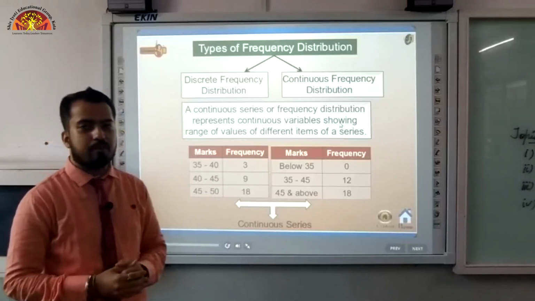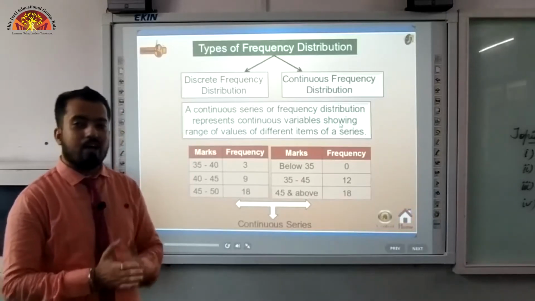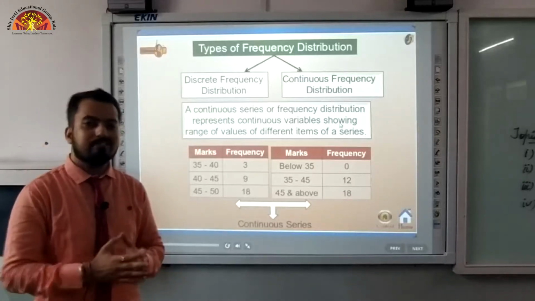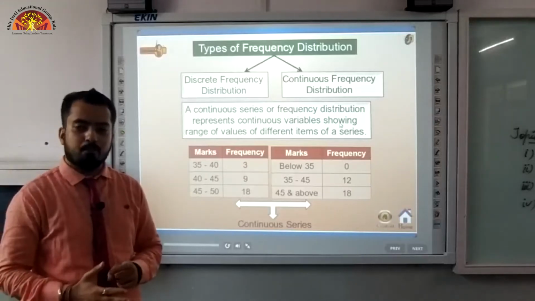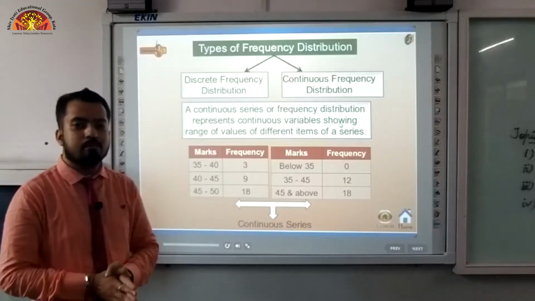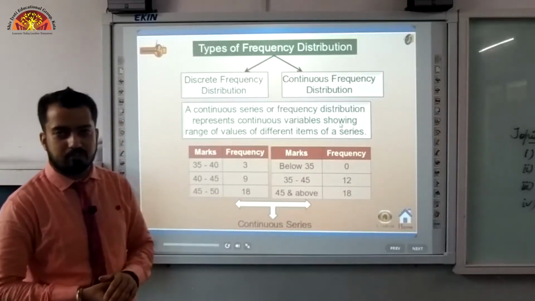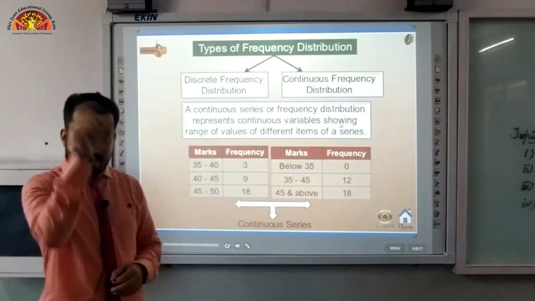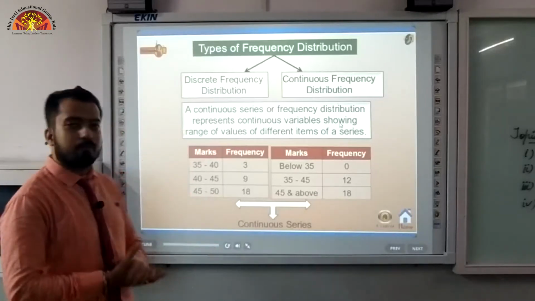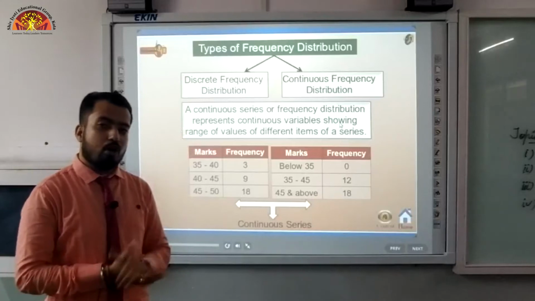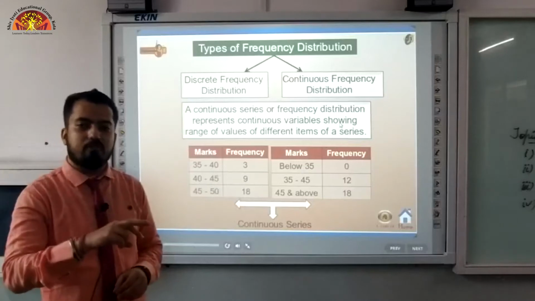Again I am going to repeat the presentation of these series. In the individual series we find only the x variables. Whenever we get data in a very simple manner, where only x items or x terms are given, in that condition it is known as individual series. But whenever we get x variables and the frequency with them, then this is known as discrete frequency distribution. Similarly, if we talk about the continuous, as in the previous slide I gave you the example, we have the classes and the frequency with them.